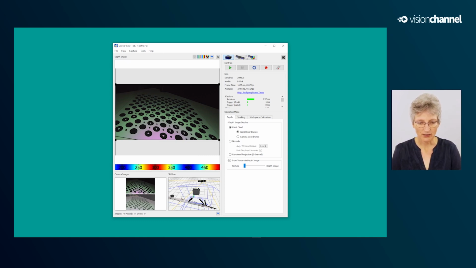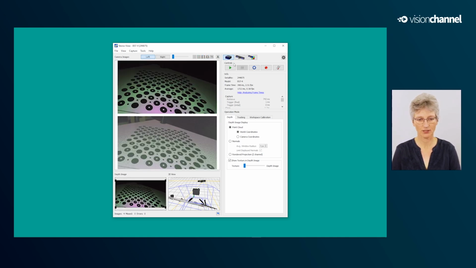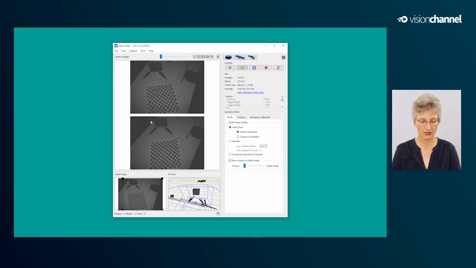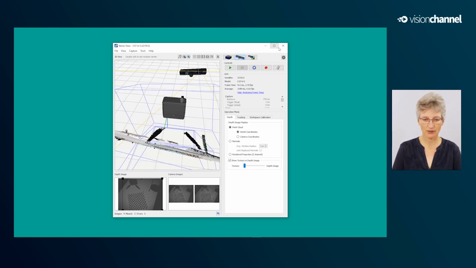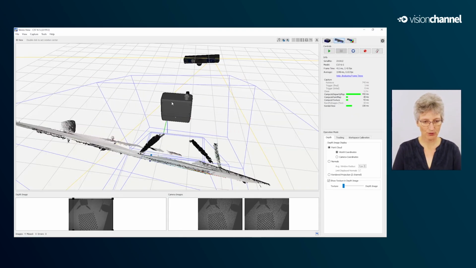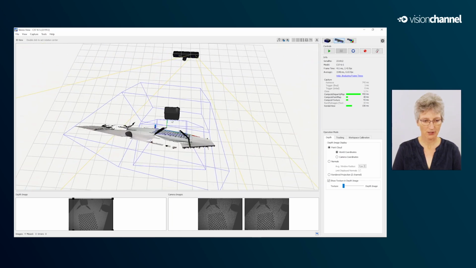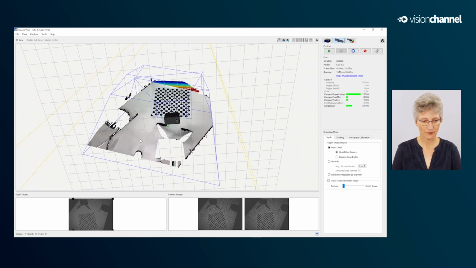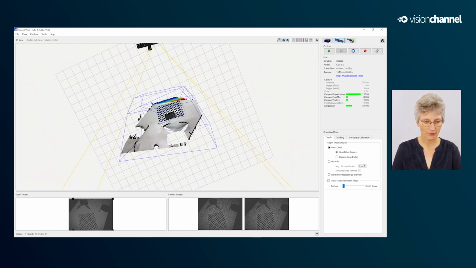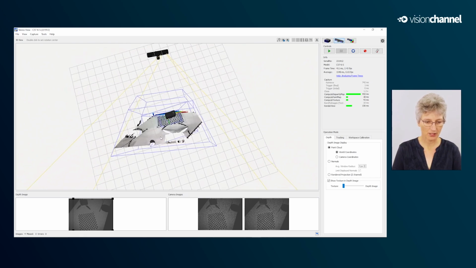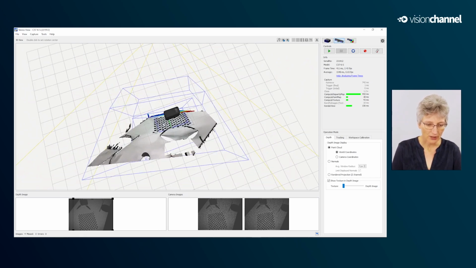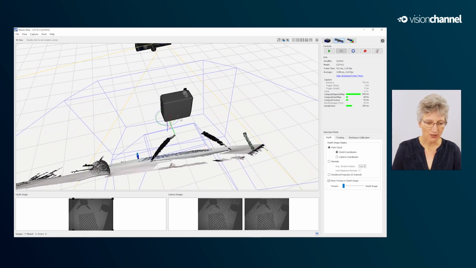So here you can select, this is what the Ensenso B sees, and this is what the C sees. And this is the interesting part. I show you in full screen mode. So what I zoom in here, you see the coordinate system.